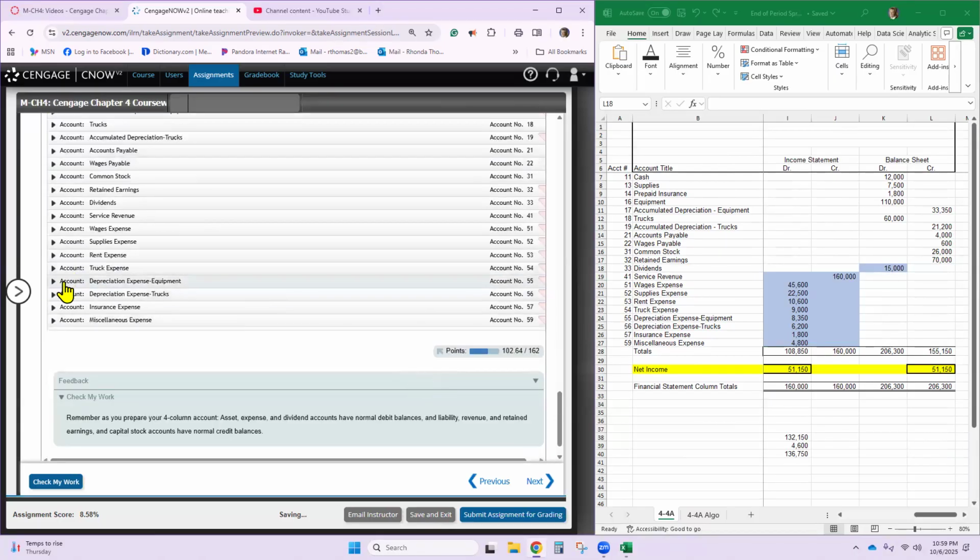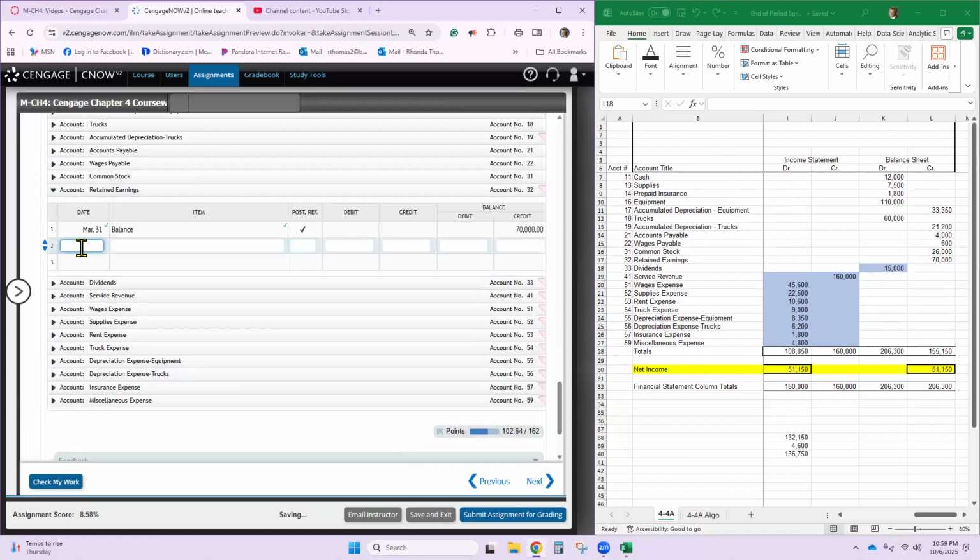The retained earnings is account number 70, and we'll put in March 31st. On page 27, a credit of 51,150, which adds to retained earnings. Okay, it adds to retained earnings to give it a new balance,